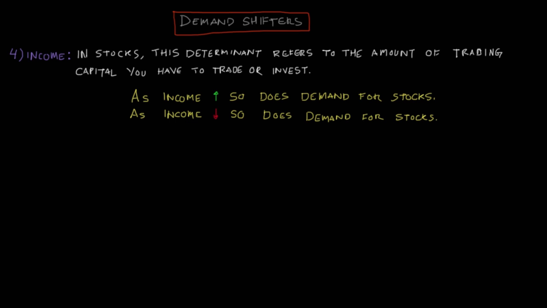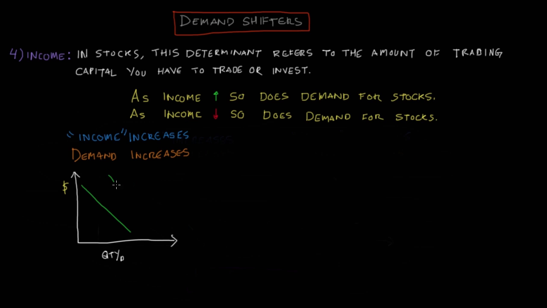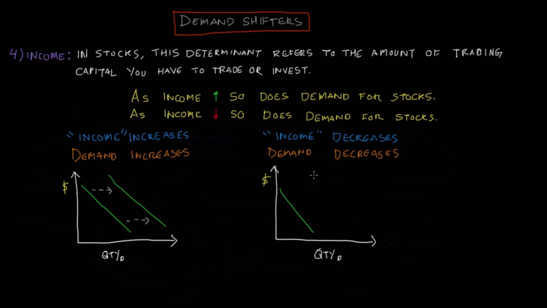So as your trading capital rises, this will enable you to acquire more shares of stock. Therefore, you would be causing an increase in demand, shifting the curve to the right. The same is true if you incur a significant loss and your trading capital is reduced. You would generally, and should, acquire a lesser quantity of shares, which would decrease demand and shift the curve to